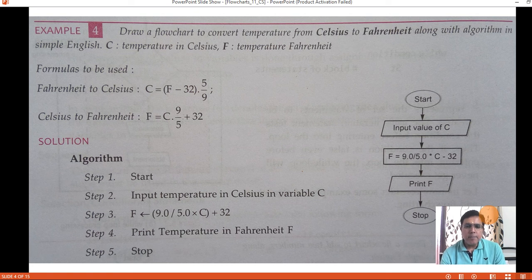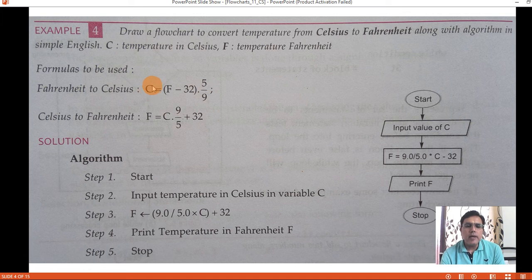Here is another example where you will read a value of temperature in Celsius, and then your program or flowchart will convert this value from Celsius to Fahrenheit. Now the formula which is used here is C is equal to F minus 32 into 5 by 9.